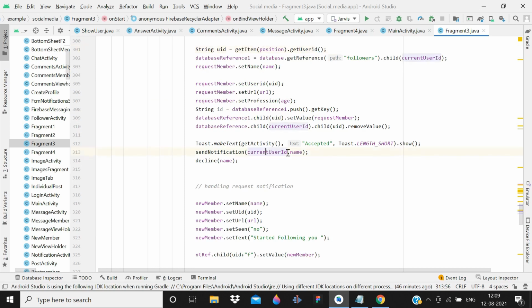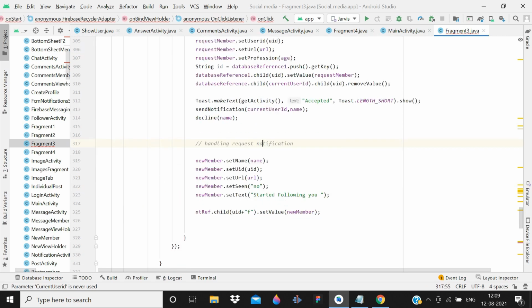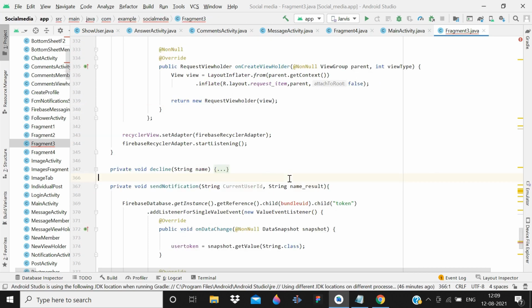So give current user id and then name, so you need to change the parameter here. Write current user id, just copy it from here with Ctrl+C, because wrong spelling can just ruin all the code, paste it and then name only.